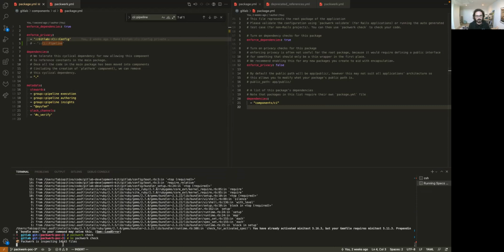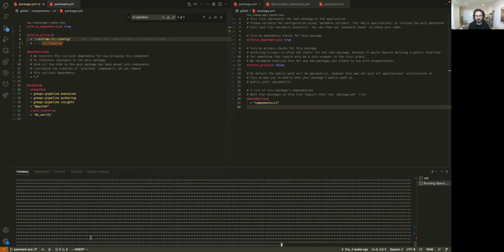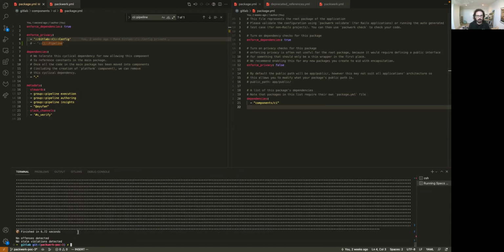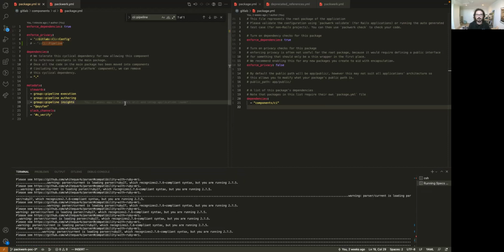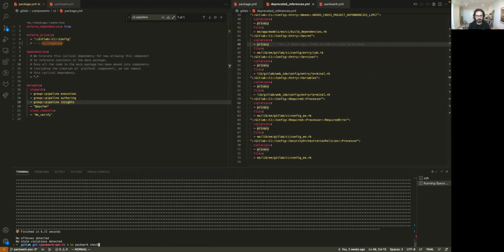So Packwork is inspecting 14,000 files. It's pretty fast because there is like this caching enabled. And we could even use this caching even on CI, like if we want to. So, but at the moment it tells me there's no offense detected because I've actually kind of whitelisted some of those. If we look at deprecated references, so there is this other command called